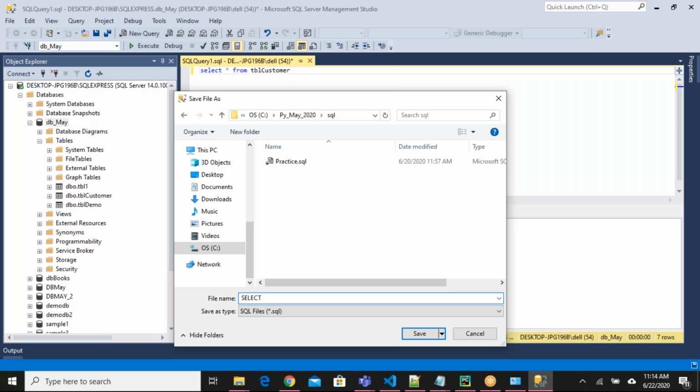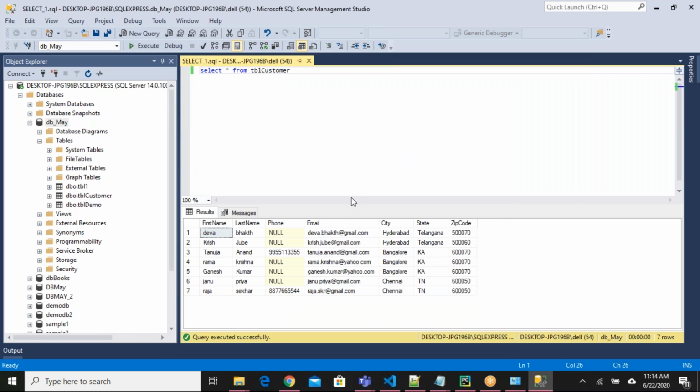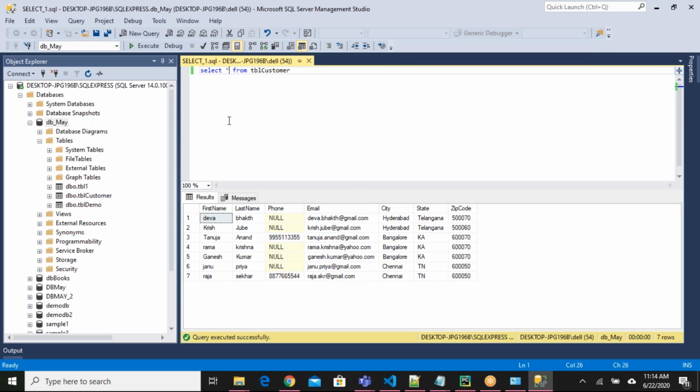Select statement. So the select statement is used to retrieve information from the table.